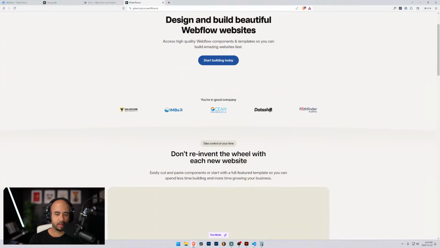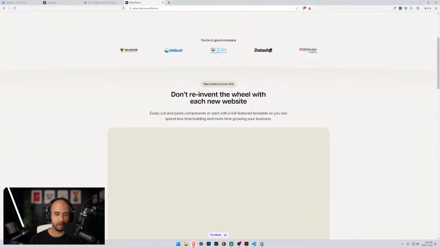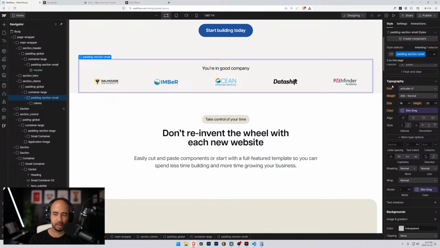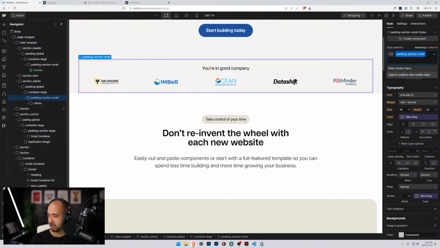So this part here, I want to make sure the padding here is the same, and then this one here needs to be smaller. So I think what we can do, the top and bottom, yeah, it needs to be more than this. So let's go here. Padding section small at the top. I think what we'll do is